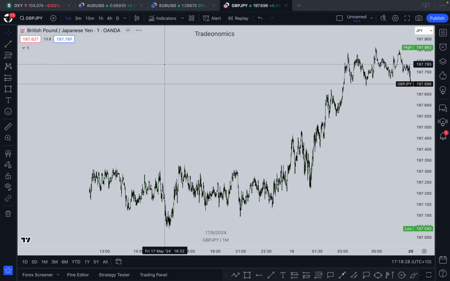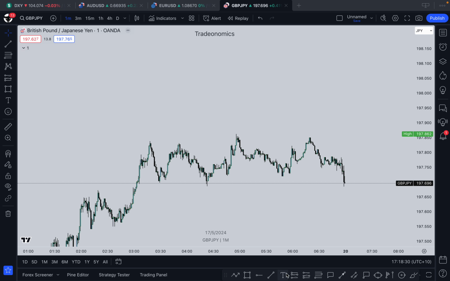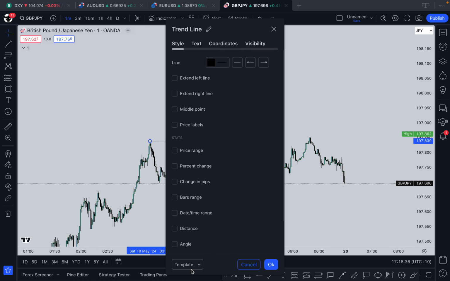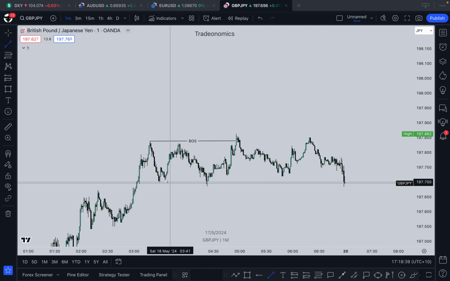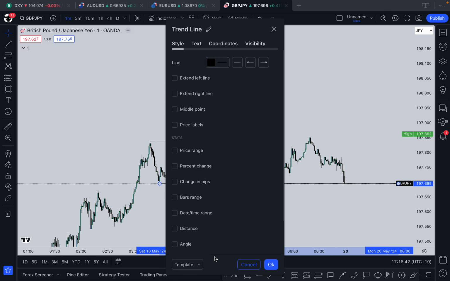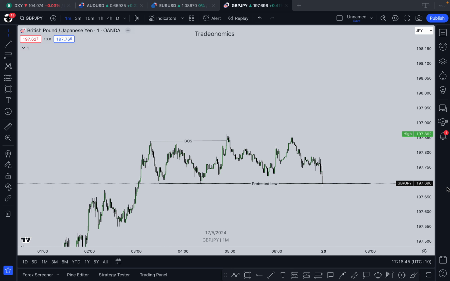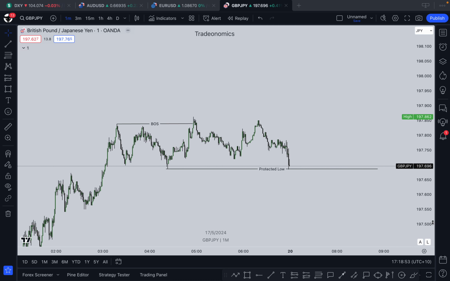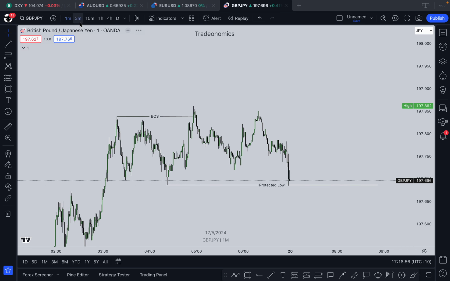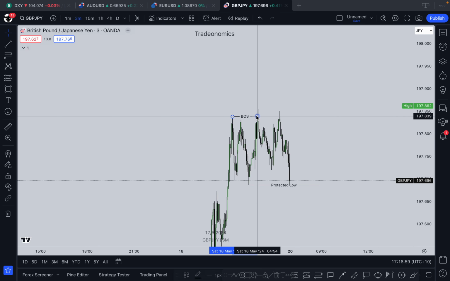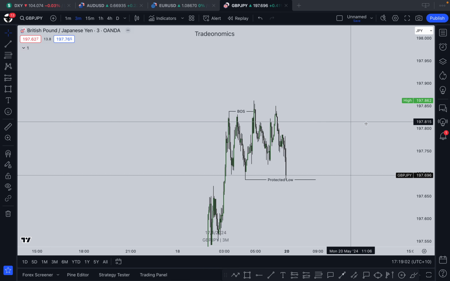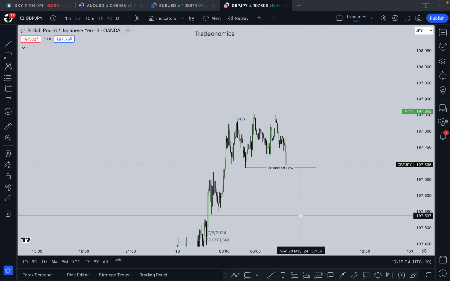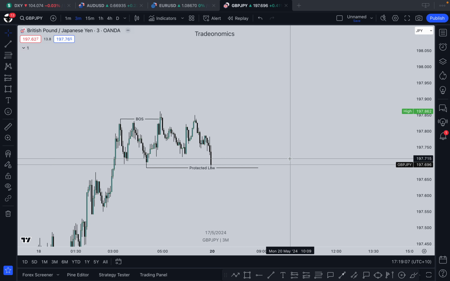And for GJ, let's have a look. GJ, I was drawing this up. So breaker structure. And we have our protected low here, right? Now, what do we expect? It's a good question, depending on what he says. Sometimes it's just temporary. There's a lot of volatility that comes in. But you can never really tell what changes things permanently. There'll be some type of change, but nothing that's relevant to us. We can trade whatever direction it decides to move in.